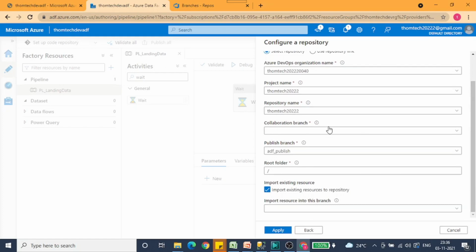The collaboration branch will be the develop branch. All the developers will be working together, and they will push their code to the develop branch, and the integration testing will be completed. Once it is completed, we want to push those changes to the ADF, because our ultimate aim is to push all the good changes to the ADF. We can only push those changes from the collaboration branch. Once we select the collaboration branch and publish it, then only it will go to the published branch, or the ADF branch. Okay, so I will show you.